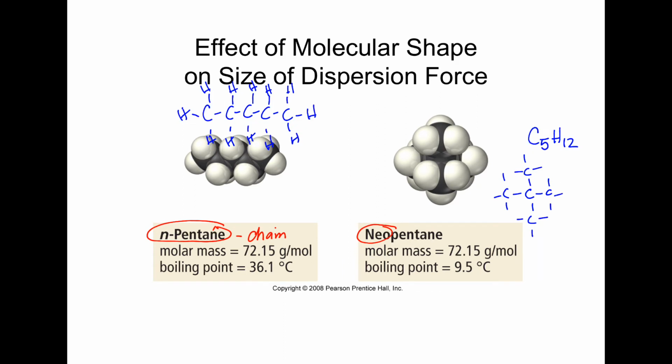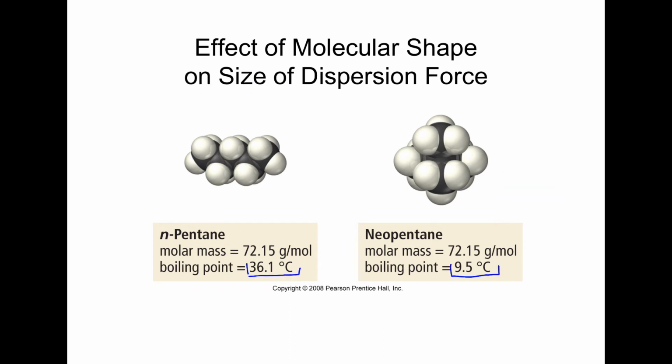And that's an organic naming system, so if you take organic chemistry, you'll learn how to name things in that way. All right, so looking at the data, they both have exactly the same molar mass because they have exactly the same chemical formula. But what's really different about them is that the boiling point of the n-pentane is quite a bit larger than the boiling point of the neopentane. So the long carbon chain is harder to separate from other molecules like it than the neopentane that has more of a star shape. So the higher boiling point